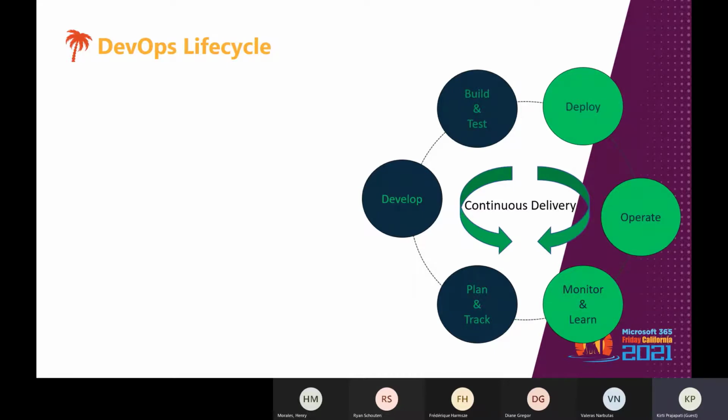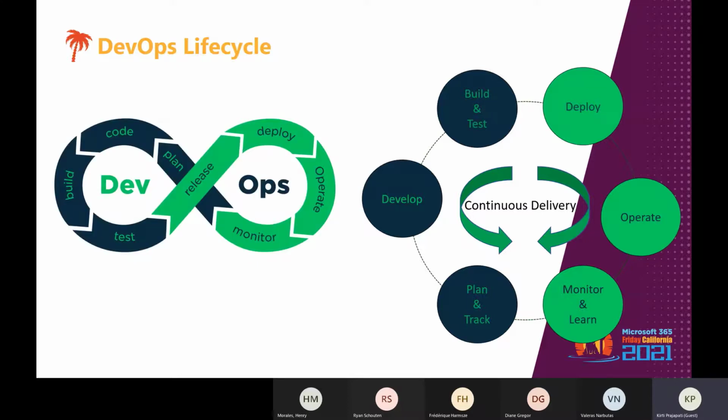So these DevOps stages are carried out in a loop continuously till you achieve the desired product quality. Therefore, almost all the major IT companies have shifted to DevOps for building their products because they want to achieve something rapidly and productively. So now I'll explain what can be achieved using Azure DevOps. So these are the two different images you can consider when you're thinking about the DevOps lifecycle.